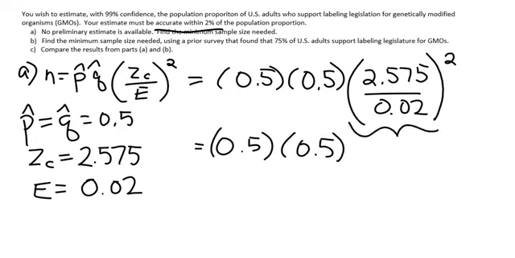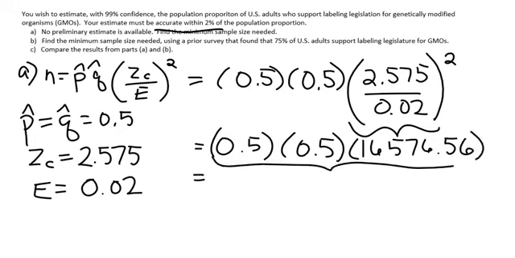I'm going to do this calculation here. I'm going to take 2.575 divided by 0.02 and I'm going to square it. And this value is 16576.56. When I multiply these three numbers together, I find 4144.14. Since we're looking at a minimum sample size, anytime we have a part of a sample,